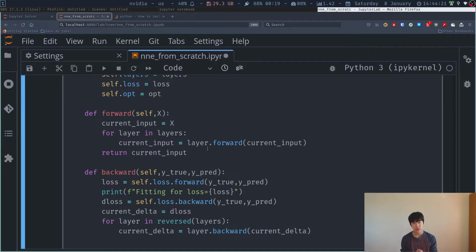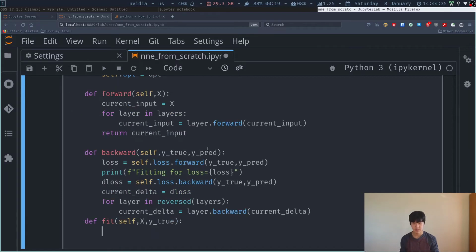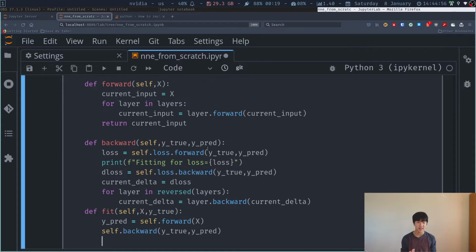And now what I'm left with is to, well, do the fitting. So I have to apply the optimizer. So define fit self x and, well, ytrue. And first what I'm going to do is I'm going to predict it. So I'm going to do self.forward x. So I have ypred is equal to self.forward x. And now I have to do backwards. So self.backward ytrue, ypred, and it's going to populate every single layer with its gradients. And now I can go over each layer and apply if it's possible. So what I can do is just for a layer in layers,